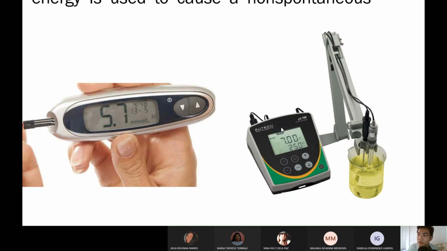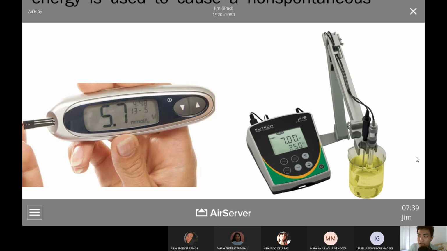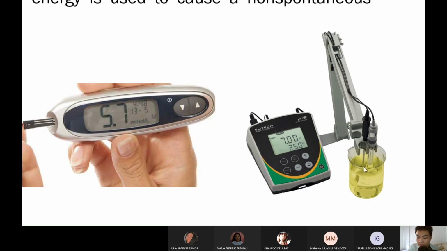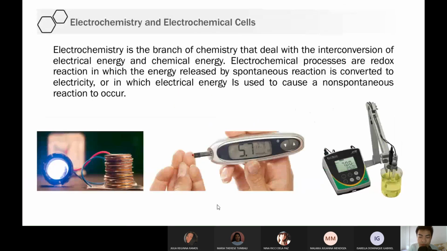So, paano ginawa yun? So, this device actually measures the voltage potential or the voltage difference of this solution and the reference. Mamaya may di-discuss tayo about this. So, nagko-compare lang siya ng voltages na kaya i-pass through ng solution. Okay? So, hindi mo ma-feel yung kuryente, but the ions can feel that, no? And yun, depende on how much voltage the solution can pass through, there is a corresponding concentration for that. Okay? So, ayun. So, yun yung uses ng electrochem in the laboratory setup.